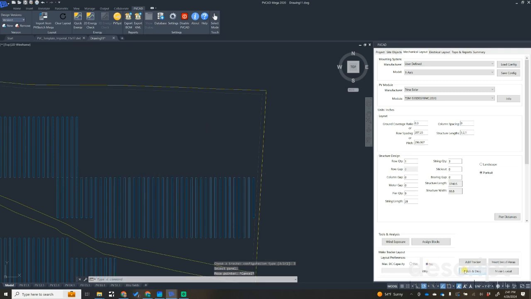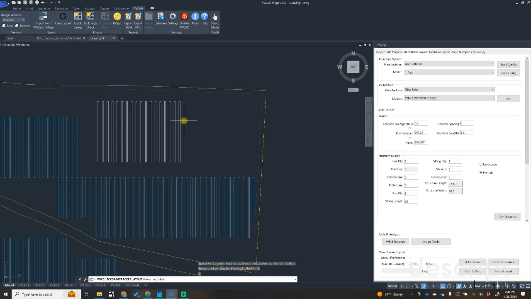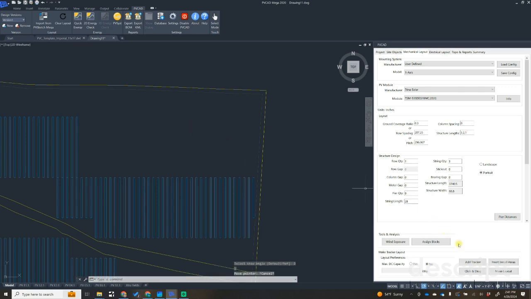If I wanted to click and drag, I can select how many trackers I want. So I'll select 3 here, 180 degrees again, and it gives me an option of default and reference. The default is going to be squared off just like they are here. I can just drag them in. Or if I wanted to give it a reference,